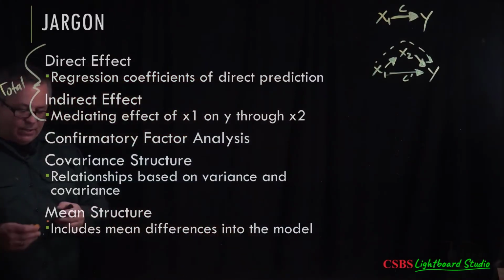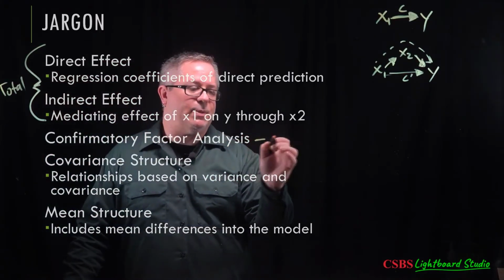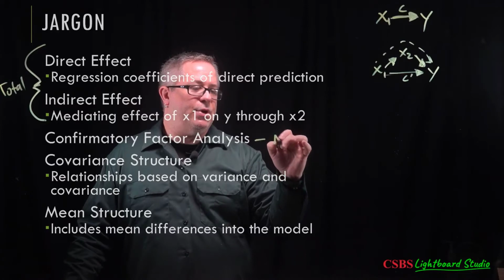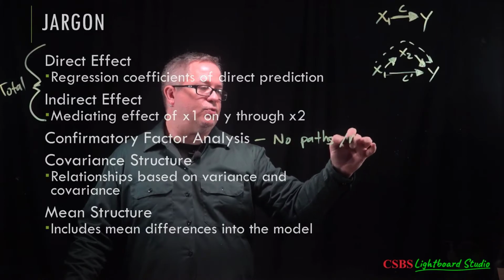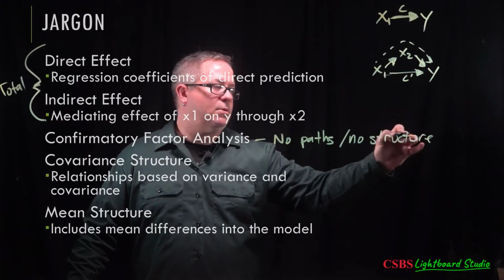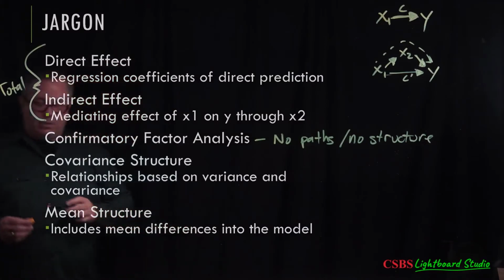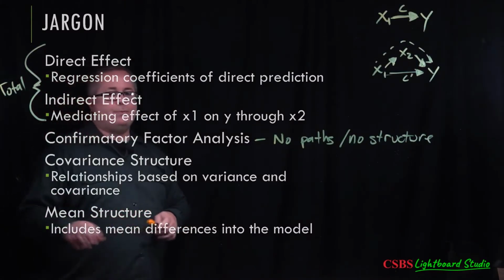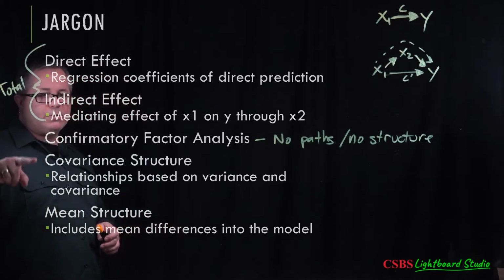Confirmatory factor analysis, like I said a minute ago, is basically when there's no path, which is called no structure. It's all measurement, no structure. You have covariance structure. So this is what we're going to start with, which at first is going to seem a little bit odd, but you'll get used to it pretty quick because it's the relationships